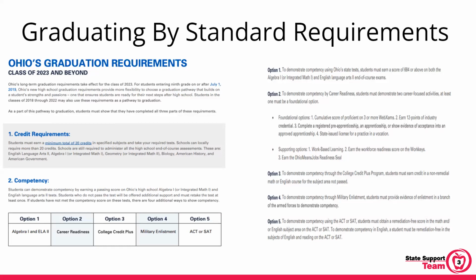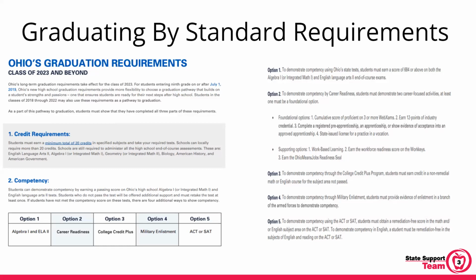We do a lot of our work with school districts, we meaning State Support Team 3, with looking at option 2, that career readiness option, for those students that may not get the requisite score on the Algebra 1 and ELA 2 state test, looking at things like helping students earn industry-recognized credentials. So if you're watching this, you obviously have a finding in one of those 2, or maybe both of those